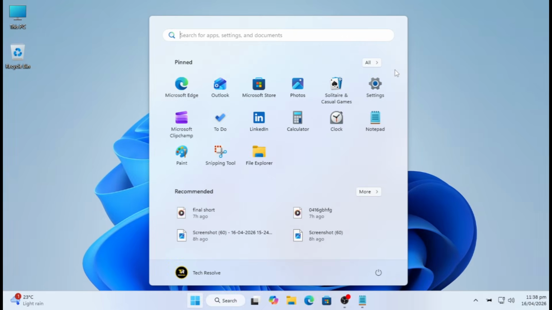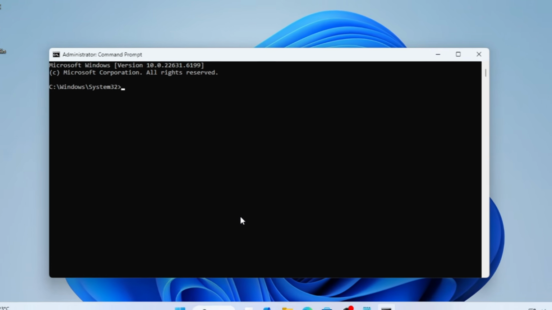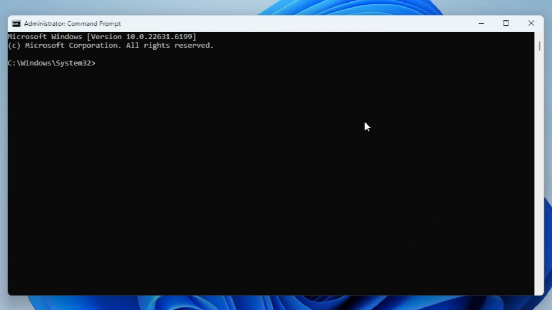Press the Windows key, type CMD, then open Command Prompt. For advanced commands, right-click it and choose Run as Administrator. Now let's begin. The first command you should know is taskkill